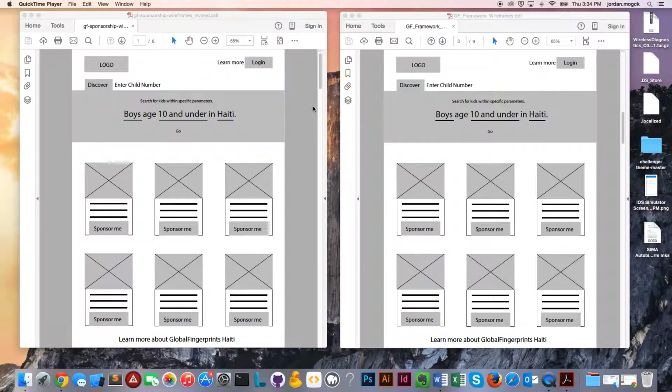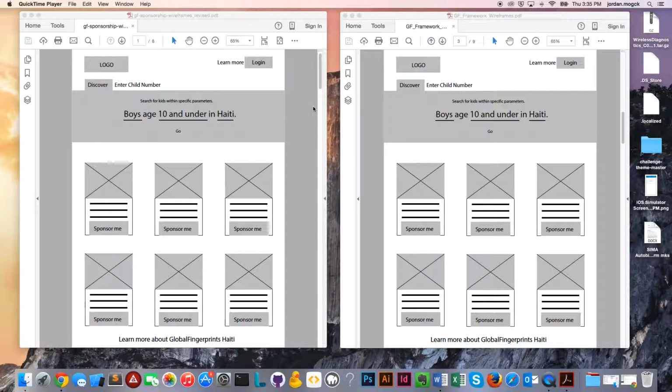Had a great time testing these wireframes. The first round of testing that I actually conducted on the existing sponsorship site, kind of a heuristic usability test on the existing site, really unearthed a lot for me. For that research, I targeted people who are both current sponsors and people who are not sponsors,